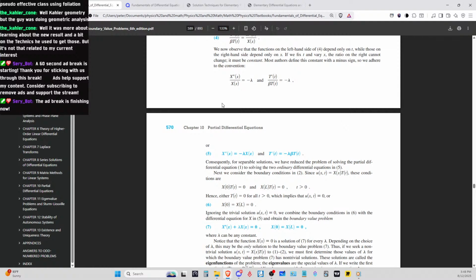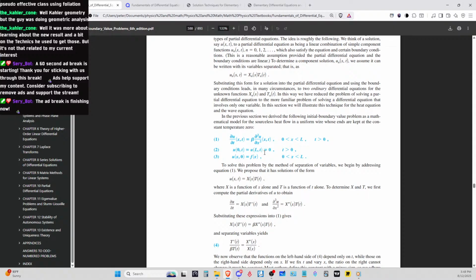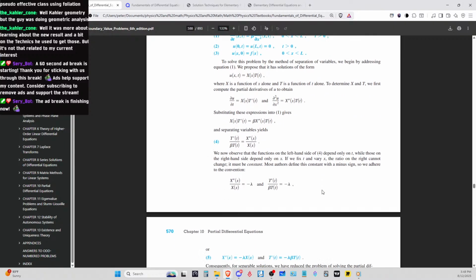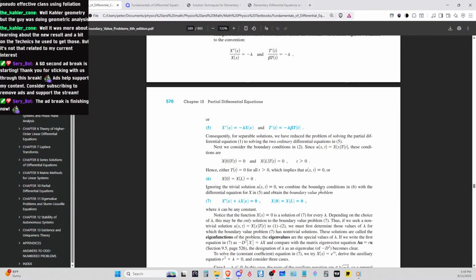So number 2 we have, oh, here we go. Time is always 0. I mean above 0. So hence either t is equal to